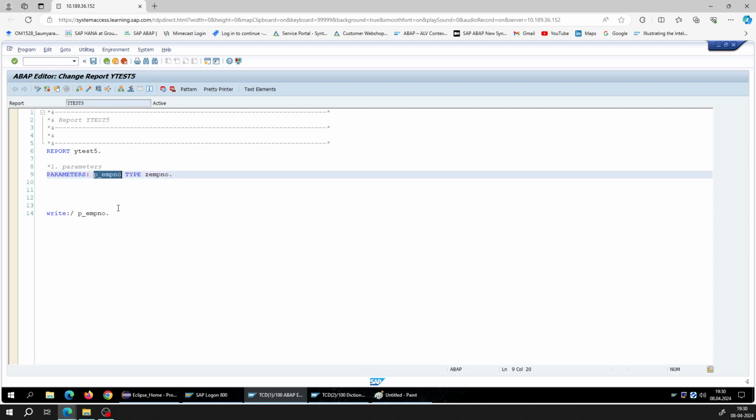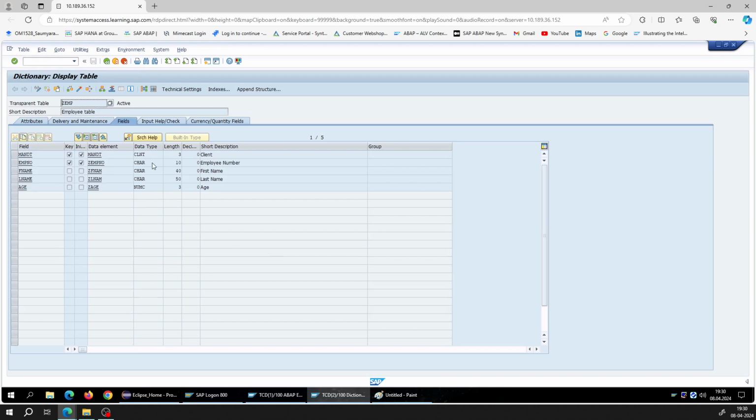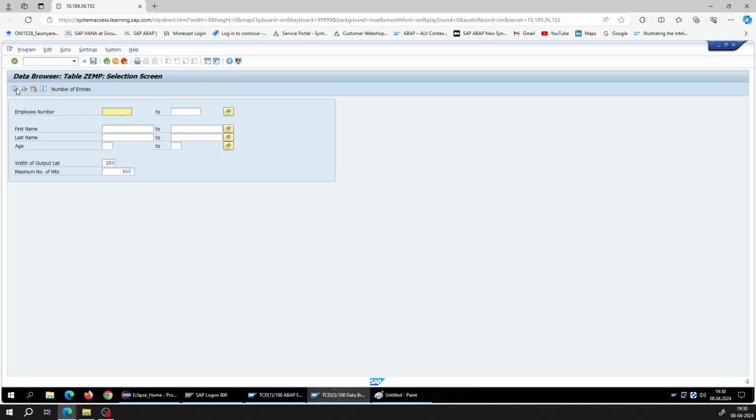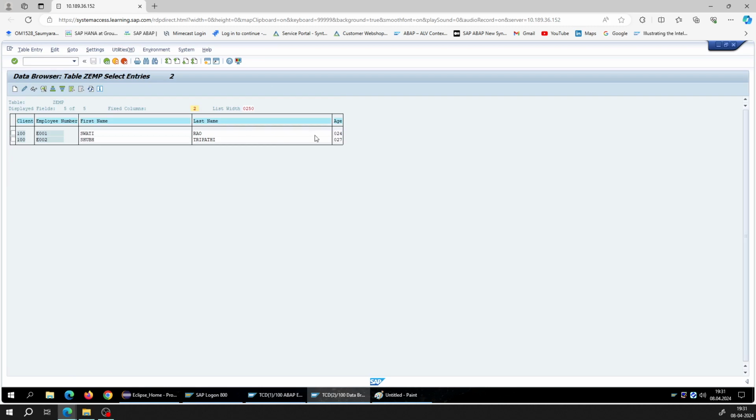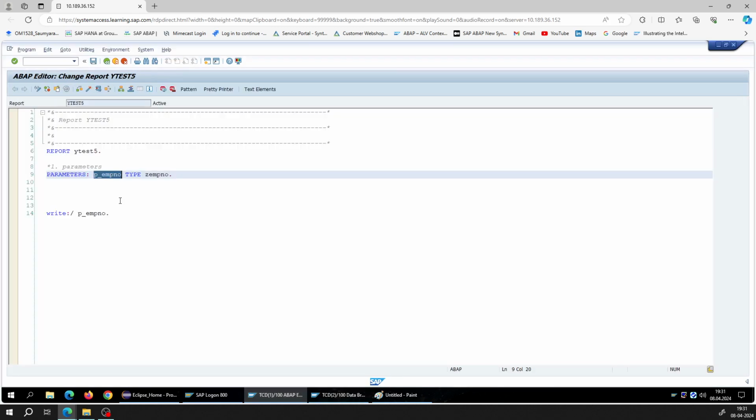Okay, now if the user wants to give an interval where he wants to get all the employee details whose age is more than 20 but less than 30. Okay, so in that case user needs to give multiple inputs, right? So how can you give that? Okay, yes, very good answer. So yes, exactly correct. So you can define two parameters, okay, like